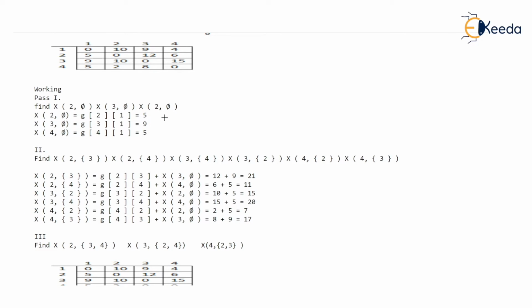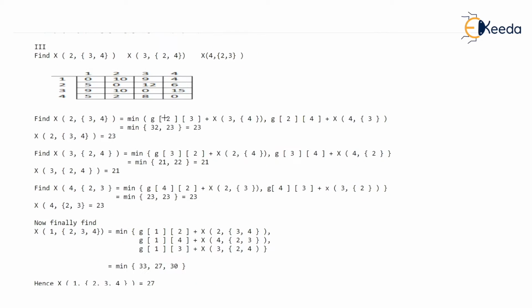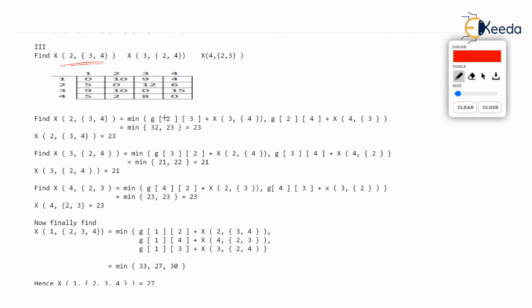Now step 3. I have just drawn the matrix again so that we don't have to browse up. But now we will keep the cardinality of the set S as 2. Watch here. We are going to find out 3 values. Now what we are supposed to do is keep I as 2. If we keep I as 2, the set S can contain 2 values or 2 vertices. Now you know 2 can't be in the set. Then the only 2 vertices that we can include are 3 and 4. What about 1? Remember, 1 is always there in the set S.